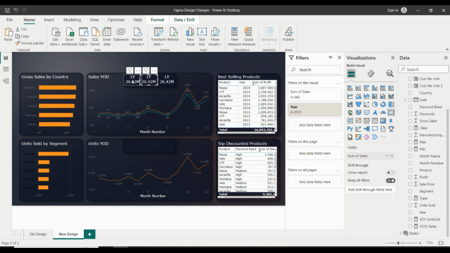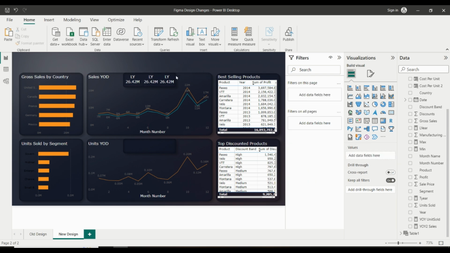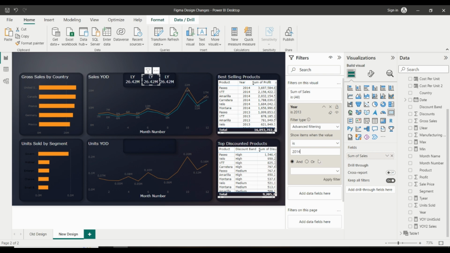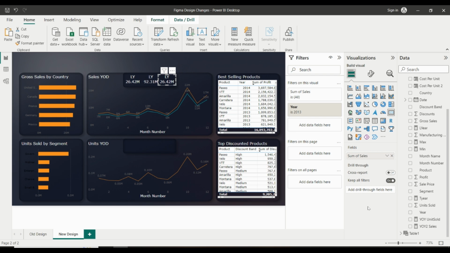Duplicate this 3 times, so it is just slightly here. Let's change this one to 14 now. We have the details for the 2014, and for this one I have created the measure, which is going to be this one. If you want to know the measure, I just calculated the difference of last year and this year,